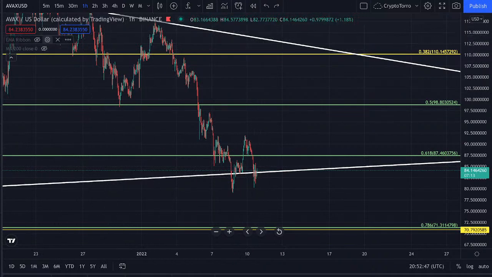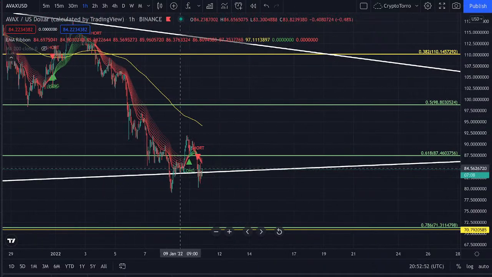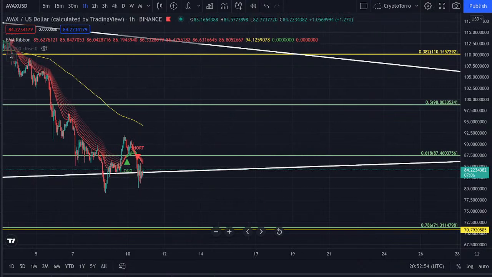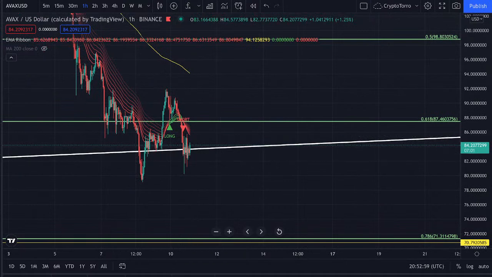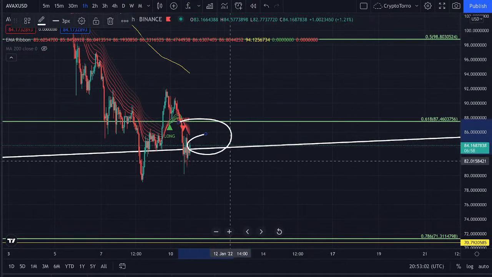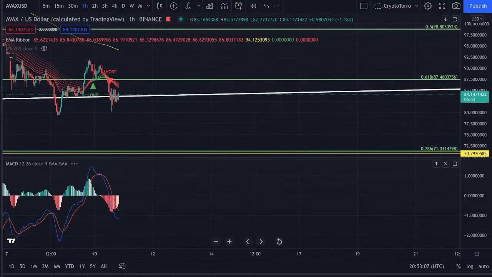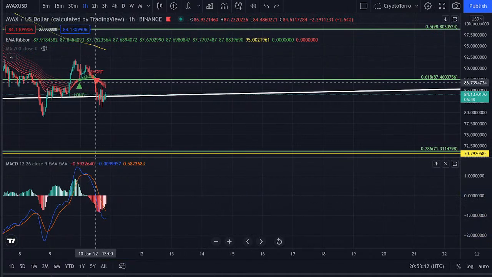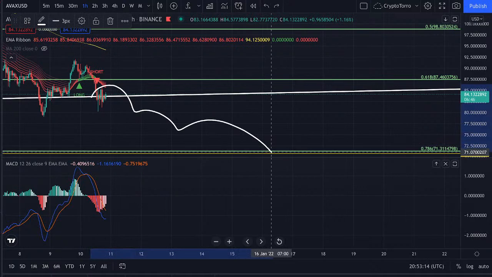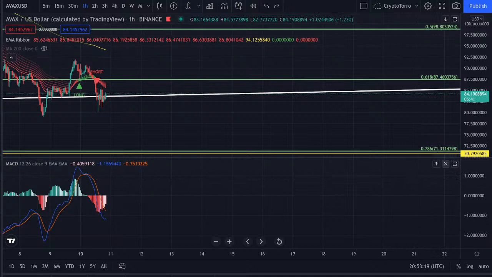Also, lastly, regarding AVAX, I would like to take a look at the EMA ribbon. The EMA ribbon clearly right now is serving as a level of resistance once more. So I am doubtful that we might be able to see a breakout occur above the 1 hourly EMA ribbon. This might only be possible if we are actually going to see even more momentum towards the upside taking place on the 1 hourly MACD. Otherwise, it is quite likely that we are going to see that further decline taking place towards the $71 range, and perhaps even breaking down further towards the 200-day moving average below that we saw on the daily time frame